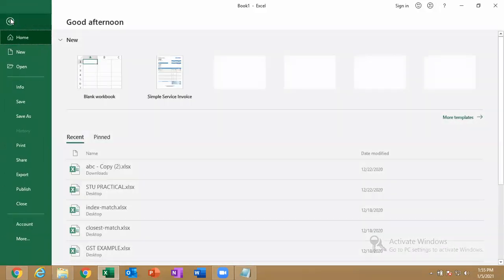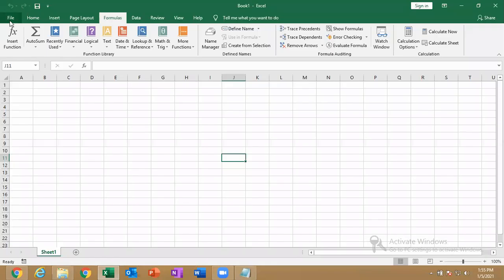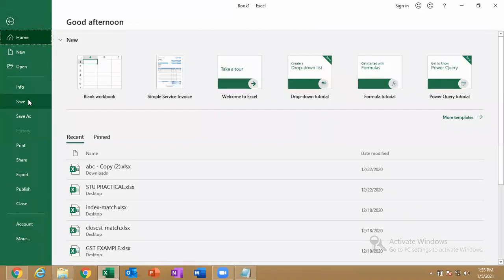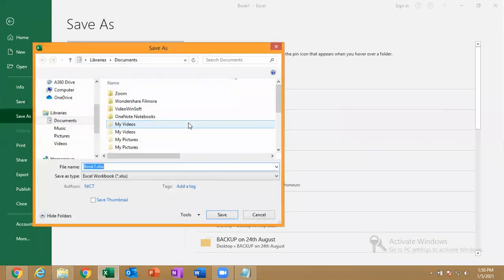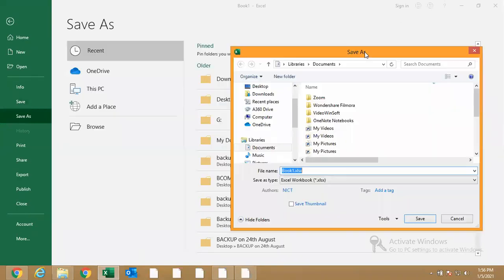Just click on File. Go for the Save option, which is there here. Browse. I will store the file.